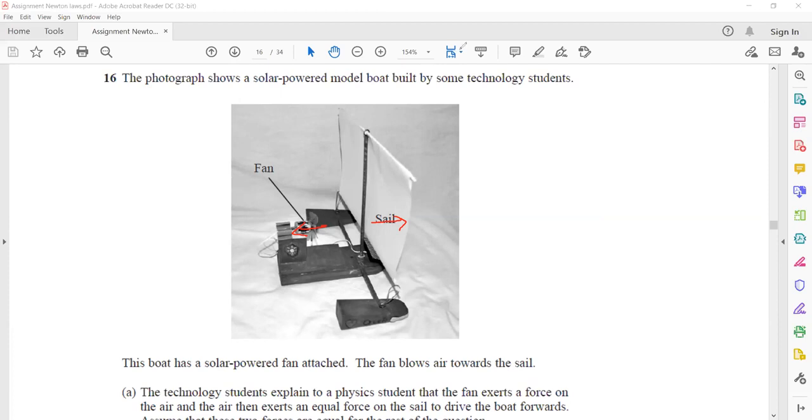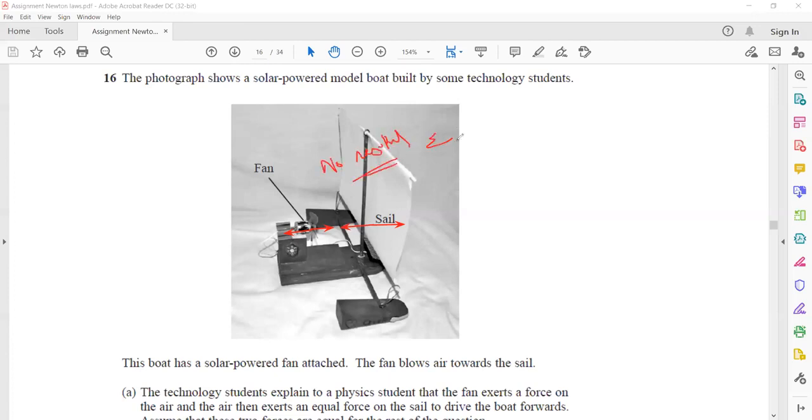And these forces will be equal in magnitude but opposite in direction. So the force of the fan on the air matches the force of air on the fan. And same thing, the force exerted by the air on the sail matches the force exerted by the sail on the air. So you can clearly see there is no